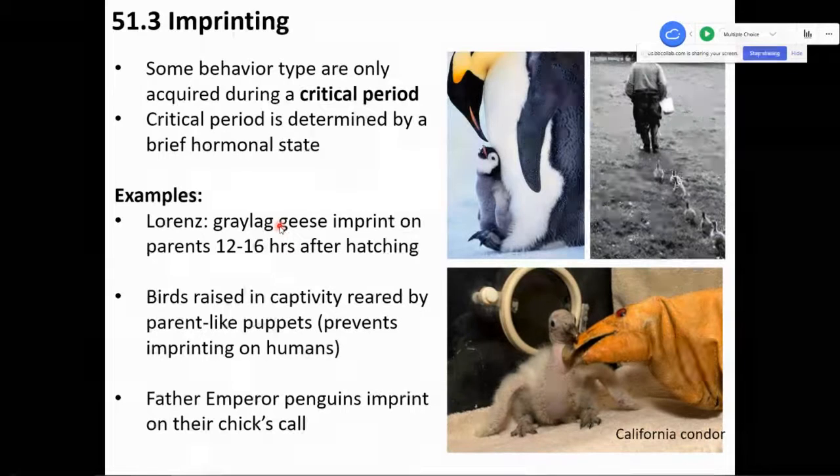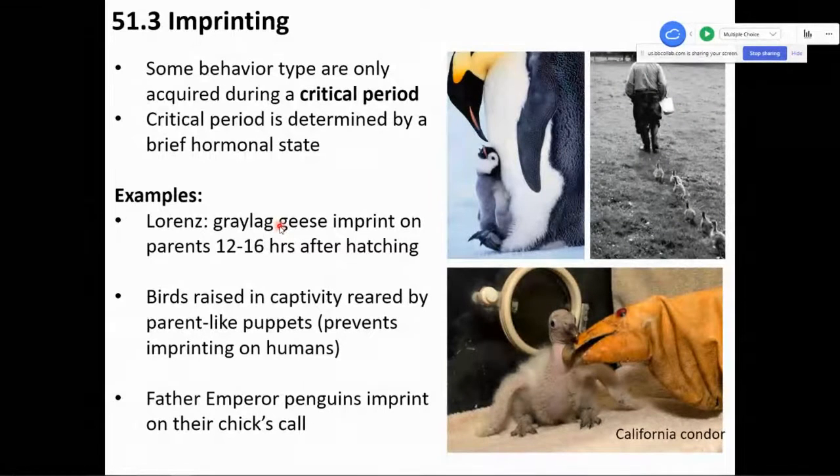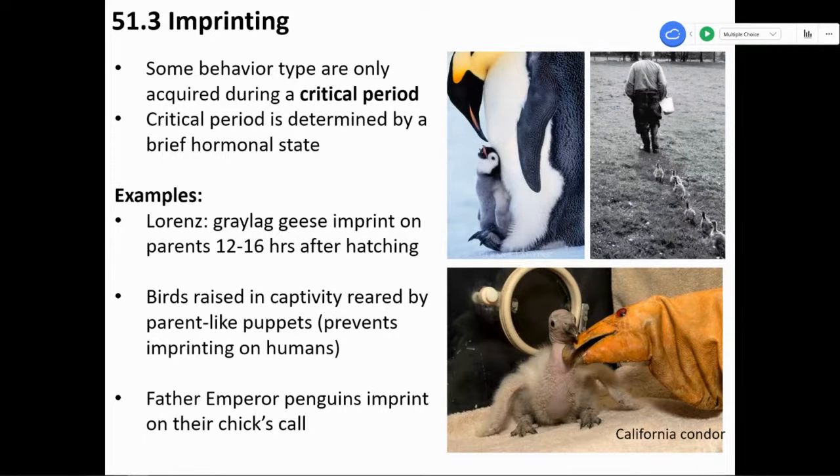Okay, in terms of timing of behavior, something we mentioned briefly last time as well was this concept of imprinting. This is something that Lorentz worked on. Some behavior types are only acquired during a so-called critical period of development. The critical period is determined in many cases by a brief hormonal state, and a famous example of this,